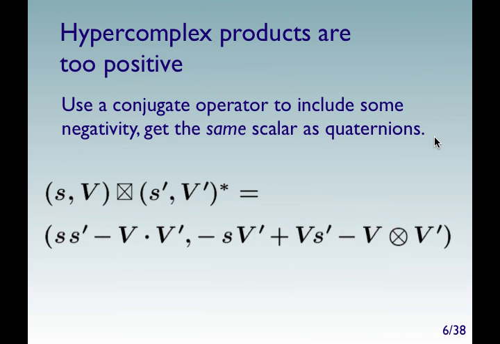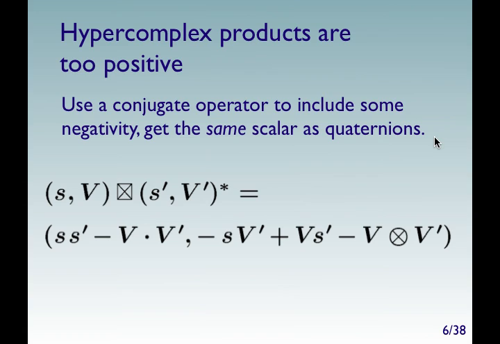And the problem is hypercomplex products are just too positive. So to get around that, I'm going to use a conjugate operator, and that's going to flip the sign of that V prime in there. And in that way, I'll end up with the same exact scalar as quaternions. And this is important particularly to physicists because that particular scalar is invariant under a gauge transformation. Very fancy wording there, but it's kind of